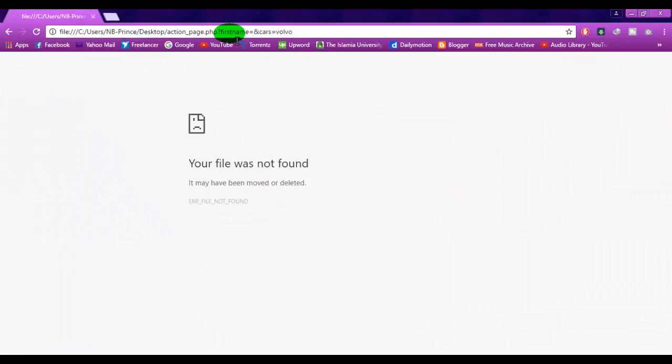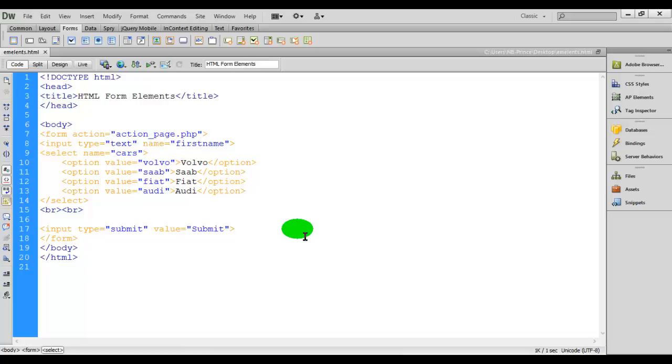And now if we want to select a different element, then you can give that the attribute selected.